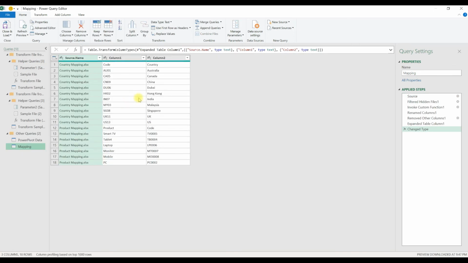Okay, so now there's a catch here. If you see here, now we have two mappings, one is product mapping, another one is country mapping. But what I want is, I want product mapping to be separate and country mapping to be separate.